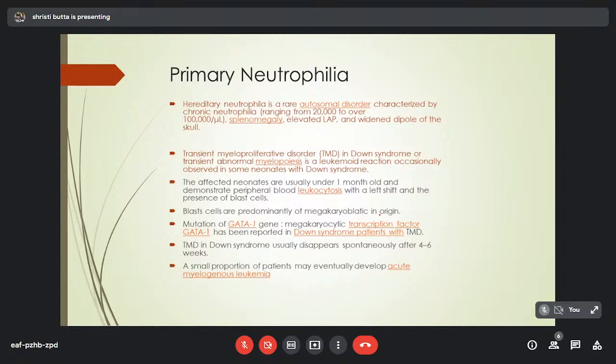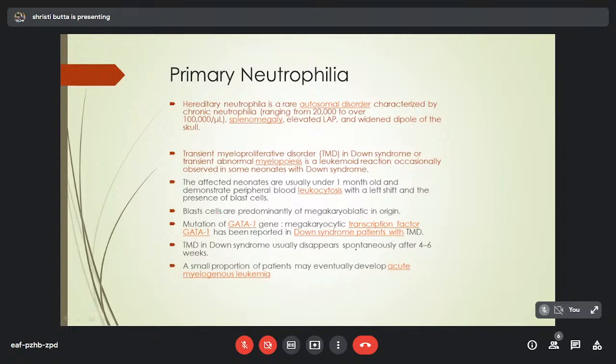On the other hand, we have transient myeloproliferative disorder in Down syndrome, also called transient abnormal myelopoiesis. Now, the defect here lies in the GATA1 gene. What is this GATA1 gene? This mutation in the GATA1 gene, which is implicated in megakaryocytic proliferation, is important because the blasts here usually